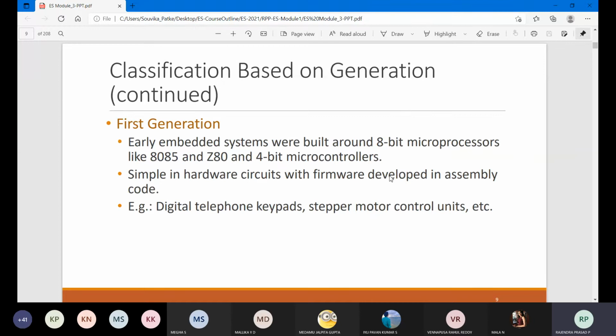So first generation, you can see early embedded systems were for 8-bit processors, 8085. See, this 8085 is there, no? There was a lab for me when I was doing my engineering, during the year 2005. I was in around third or fourth semester. I had this lab. So what is a lab here? Now you are writing programs, so how are you writing programs? You are writing a code like MOV.